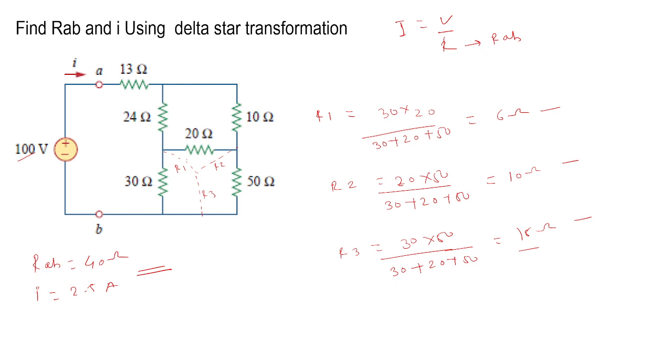Again, one more thing that I want to suggest here. If you want to convert above delta network in the star, it will be also